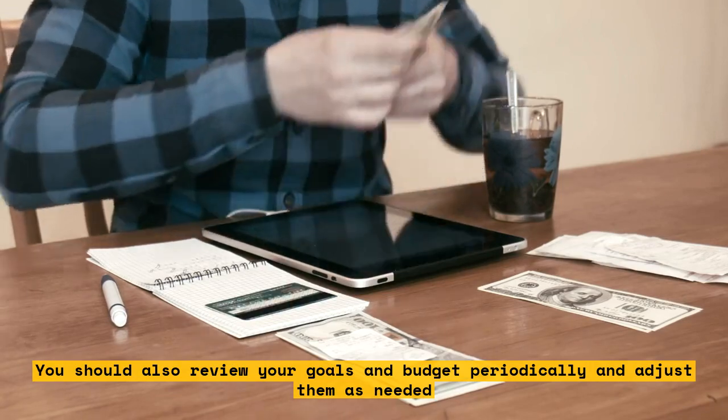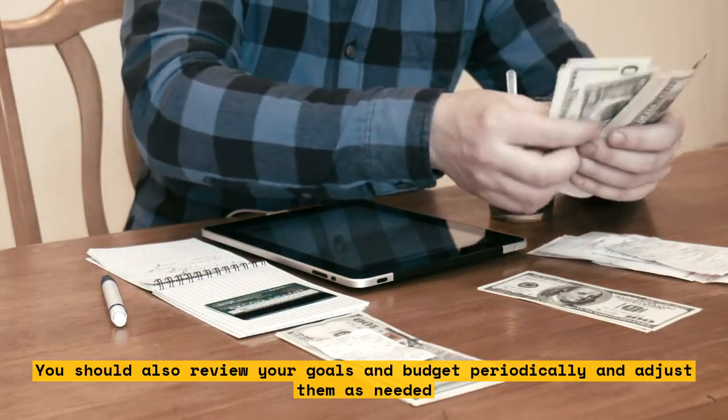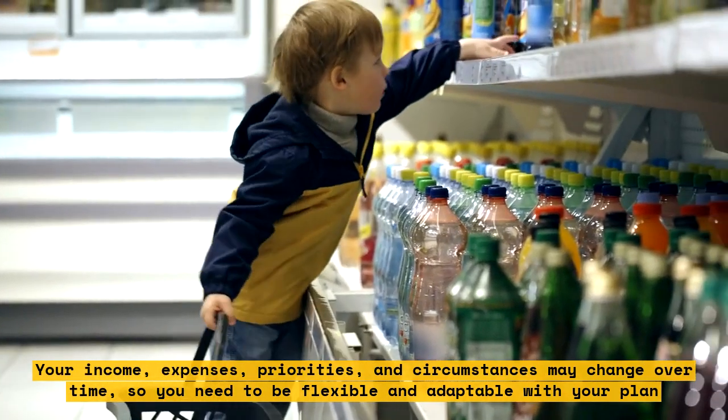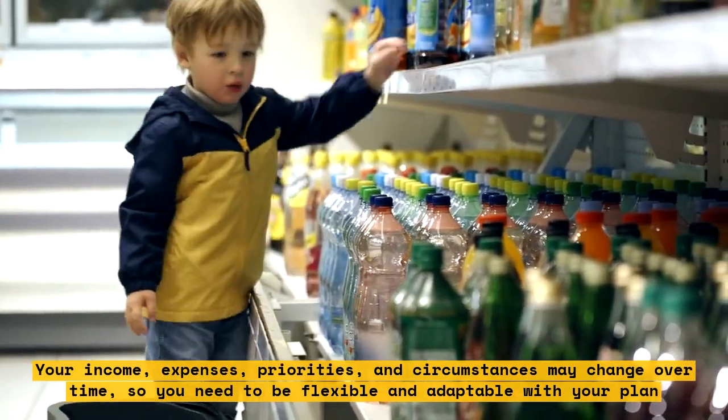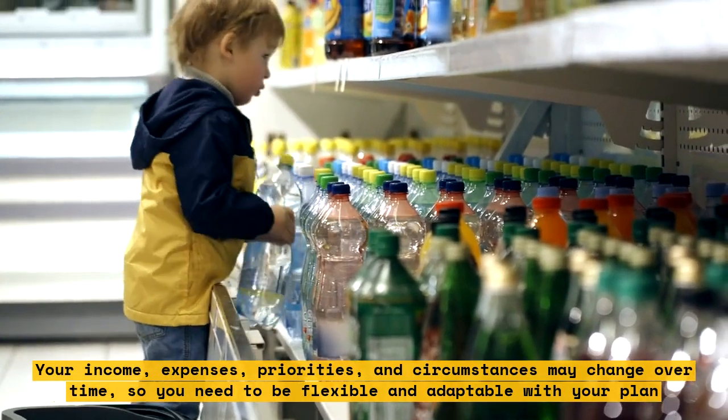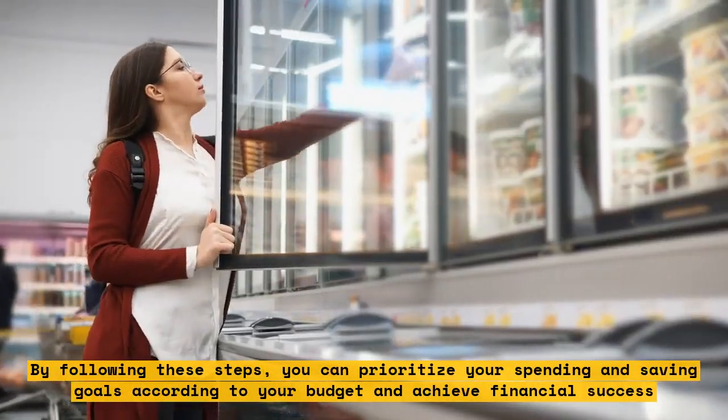Your income, expenses, priorities, and circumstances may change over time, so you need to be flexible and adaptable with your plan. By following these steps, you can prioritize your spending and saving goals according to your budget and achieve financial